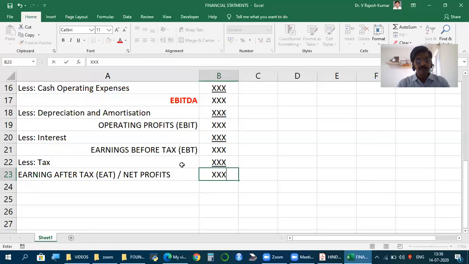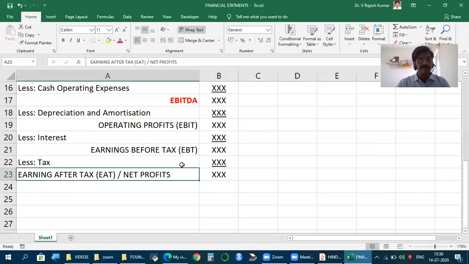And remember, this is the actual purpose. Finding this is the purpose of actually preparing the income statement, although the extent to which we use it for decision making is minimal. But the purpose is this. Now, this is the simplified format, but I repeat again, this is the format in which we must have the statement of profit and loss for all future requirements and for analysis.